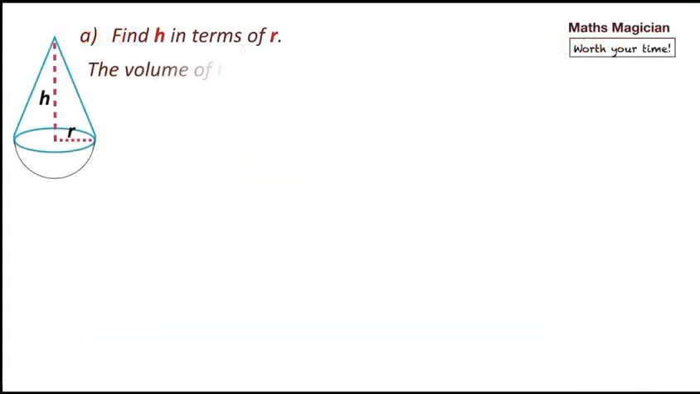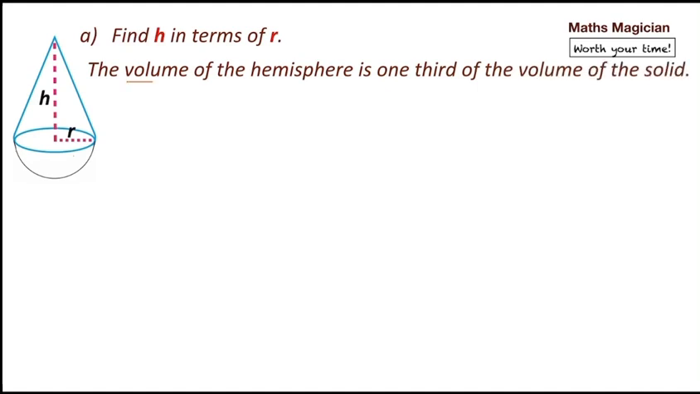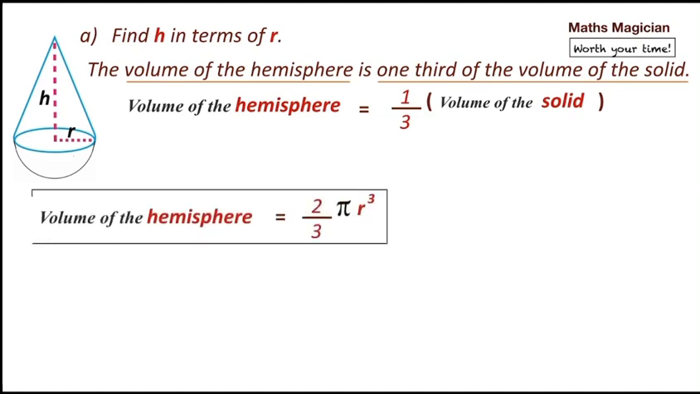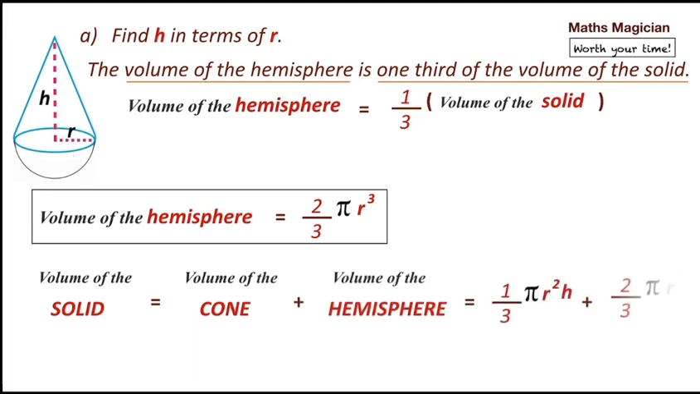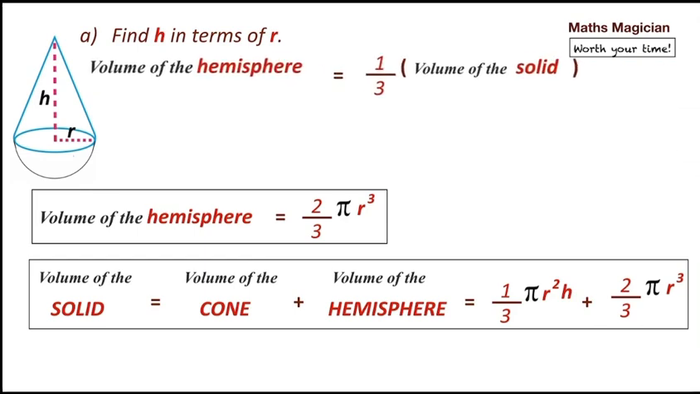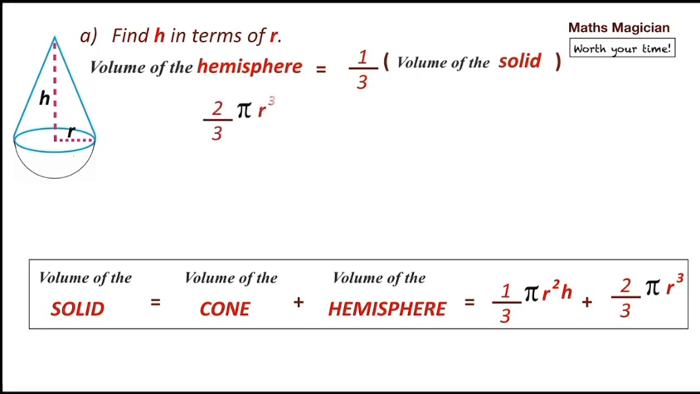Let's write the given sentence in mathematical form. Volume of the hemisphere is equal to 1 by 3 volume of the solid, where volume of the hemisphere is equal to 2 by 3 pi r cube, and volume of the solid is equal to volume of the cone plus volume of the hemisphere, which is 1 by 3 pi r square h plus 2 by 3 pi r cube. Let's put these values in the equation. We get,